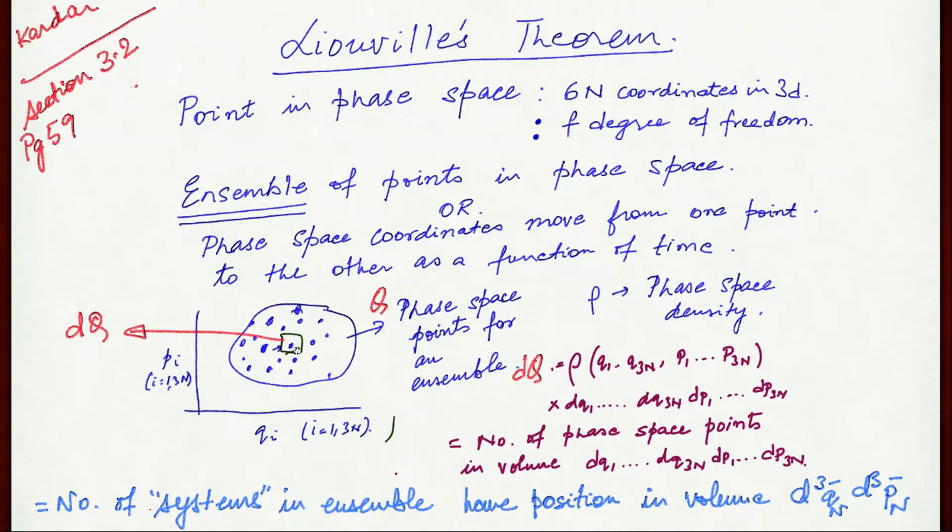How many phase space points are there within this volume? dq will be proportional to the number of phase space points within this certain volume. So if there's a certain number of phase space points you are specifying with Q macro systems, a small number of them will be in this volume, and that will be proportional to the number of phase space points that you have within this volume. And rho is the phase space density, the number of phase space points, the number of microstates possible within this small d3q, right? And so basically dq is the phase space density, into, I mean it's proportional to, but